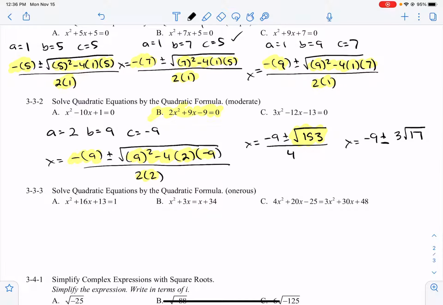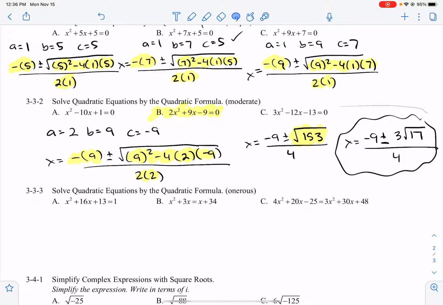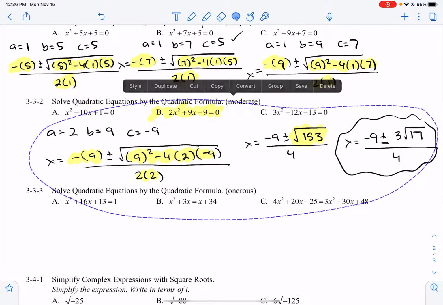So the 9 will come out. You get 3 root 17, and all of that is divided by 4. 4 doesn't go into any of those numbers, so that right there is going to be my final answer for the second one. Okay. All right. Moving on